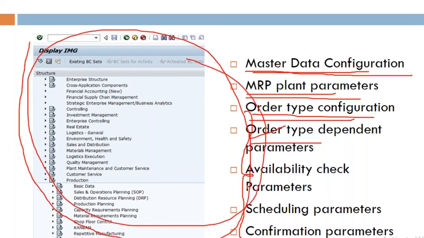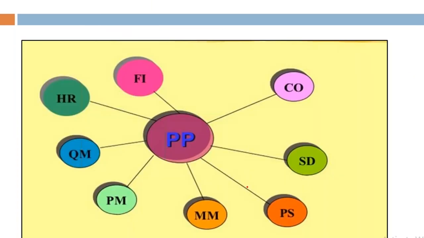All these things we will discuss. Because as a consultant, you will be doing the backend configuration. That configuration we will discuss. After that, we will go for integration of PP with other modules